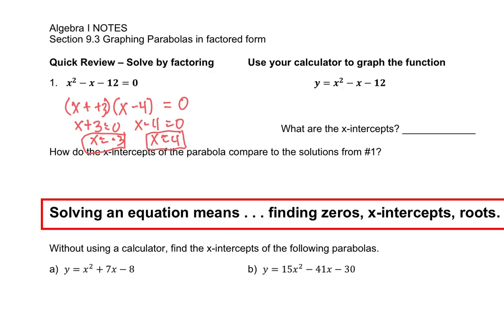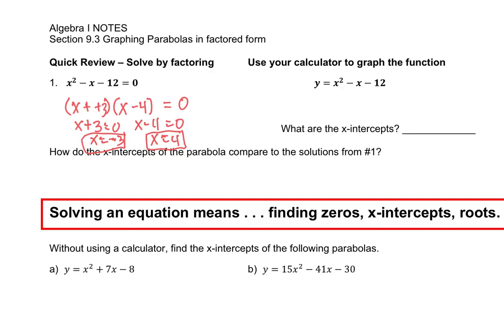Okay, now it says use your calculator. So you're going to pull out your graphing calculator. If you don't have one, share with the person next to you, or at least just let them look over and see your calculator. But go ahead, everyone open their calculators. And you're going to go up to the top left to y equals. So go to y equals first. Now you will enter in x squared